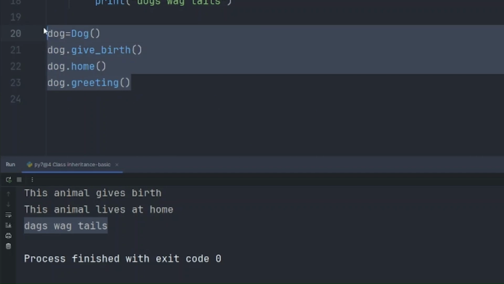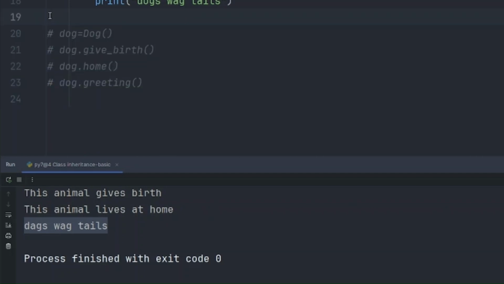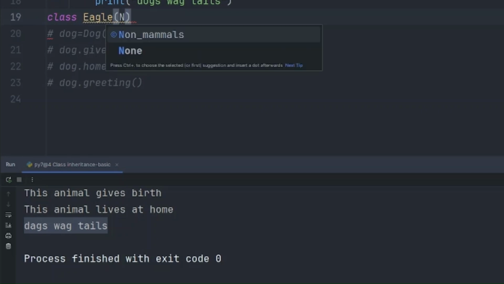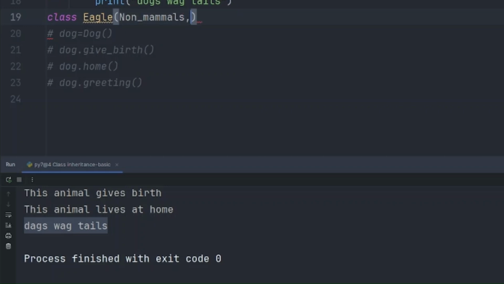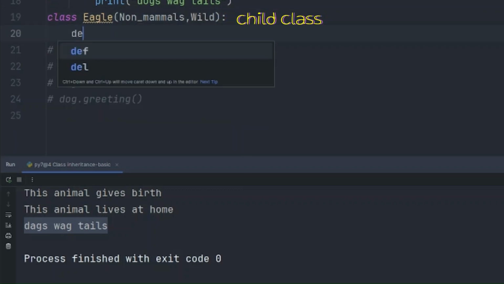Let's just cancel those for now and introduce here another class, Eagle, which inherits from Non-mammals and Wild, because eagle is a wild bird. Let's have our colon here and introduce our function,